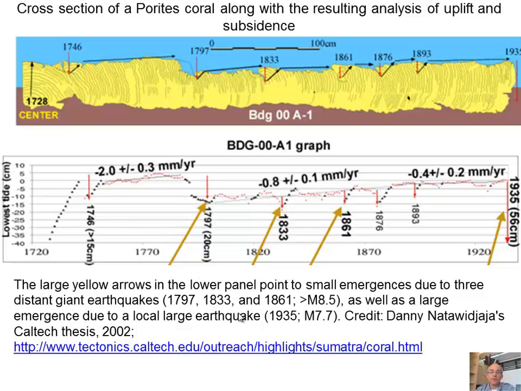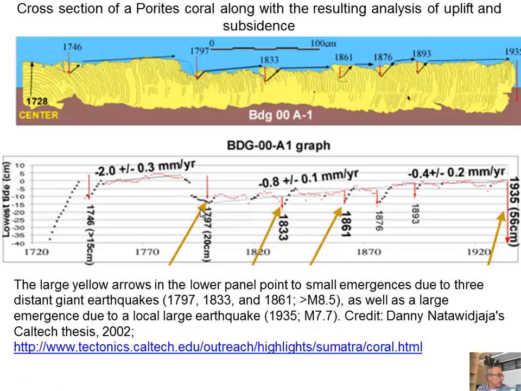So this shows, from Danny's PhD, an example of a coral, a big coral. Look how big it is, from 1700 to 1935. So 200 years of record, continuous. And so he can show subsidence, earthquake. Subsidence, earthquake. Subsidence is 1833. We'll come back to that. And so there are these small subsidence events, which mean they're relatively small vertical displacements, probably